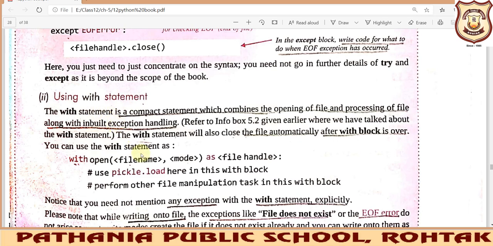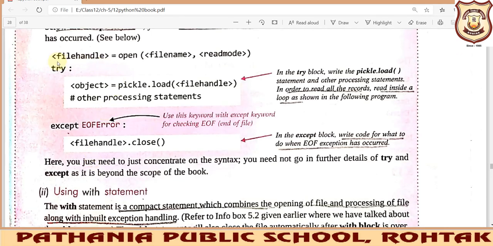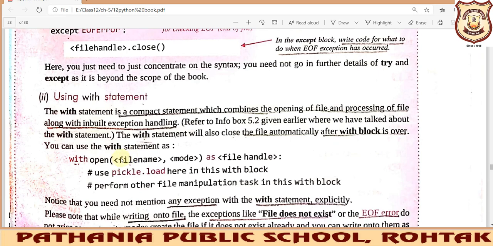Like when you create a handle for a particular file, we were writing these types of statements and finally we were supposed to close the file also. Here, if we are using the with statement, it is a compact statement that helps us write the instructions in a smaller form.